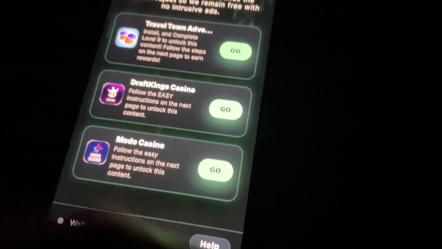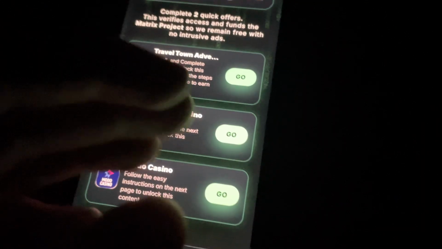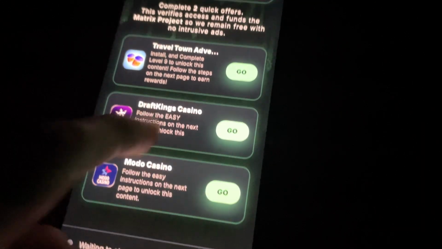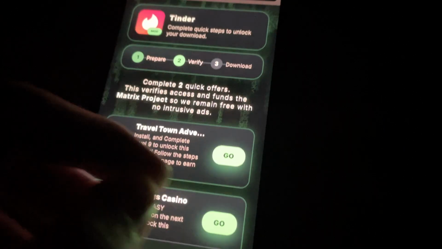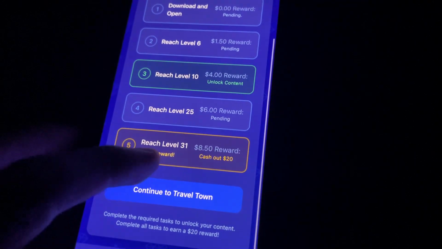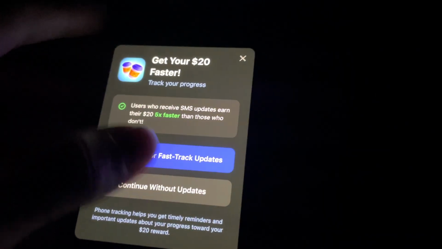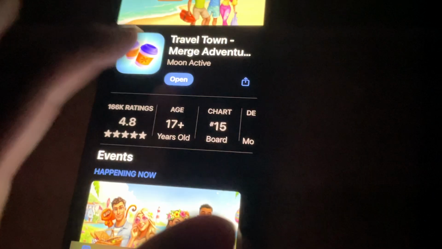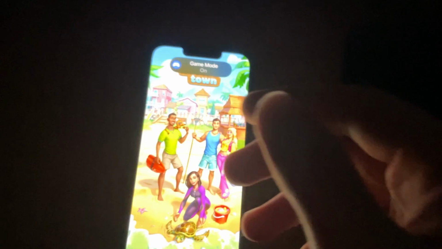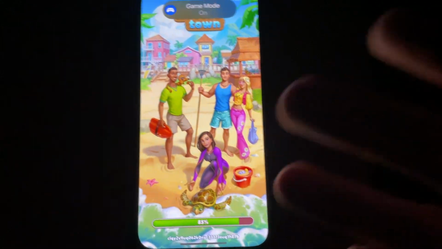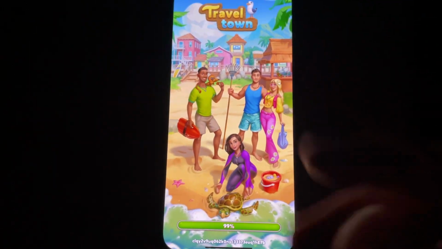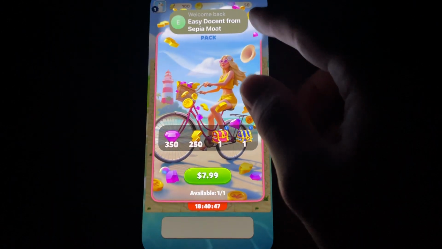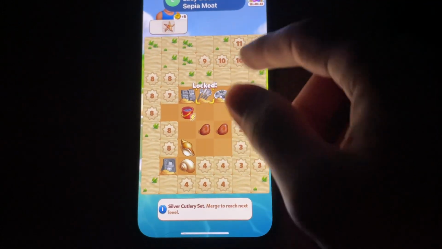All it is, is just download 2 of these apps, follow the instructions, and then you should have Tinder Gold for free. So like Travel Town, for instance, says download and reach level 9. So I just press continue, go over to the app store, and then I would just play this until I hit level 9. The games, in my opinion, are very nice because what you're doing in the game is you're playing it. So you're not really thinking that you're spending too much time on the verification process because you're so focused